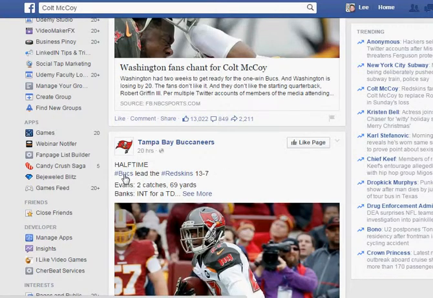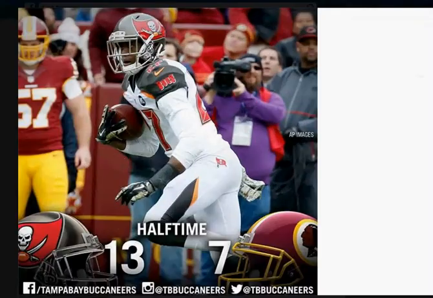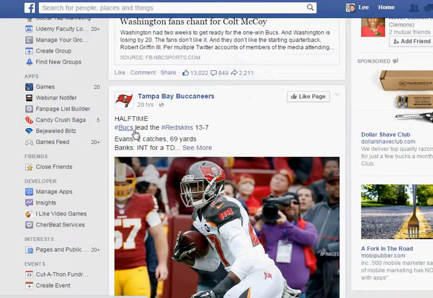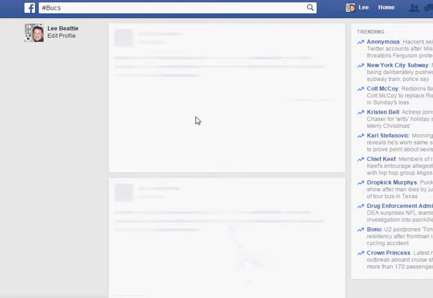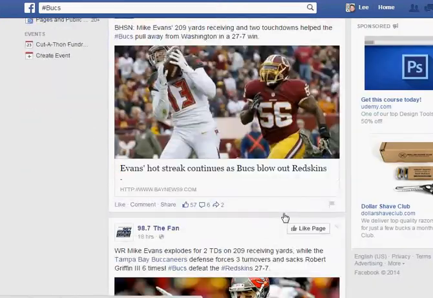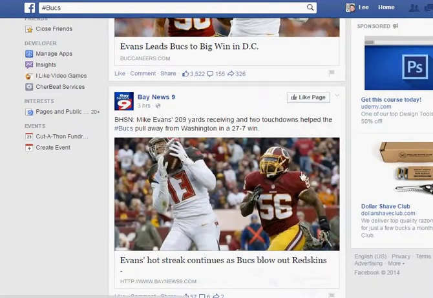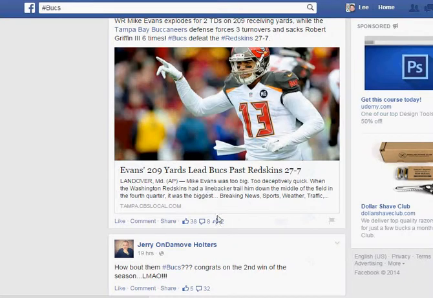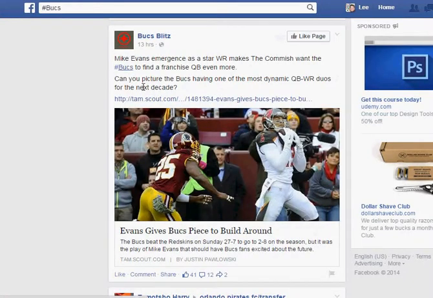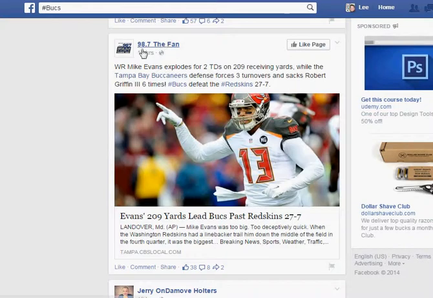Okay, see this right here? Let me click out of that. See where it says hashtag Bucks? And you're going to see over here, see this Bucks. It pulls up its own mini search engine. See that right there? It gives you Bucks. See all the little news feeds and all that stuff? Bucks. Bucks. See that right there? So let's just say,